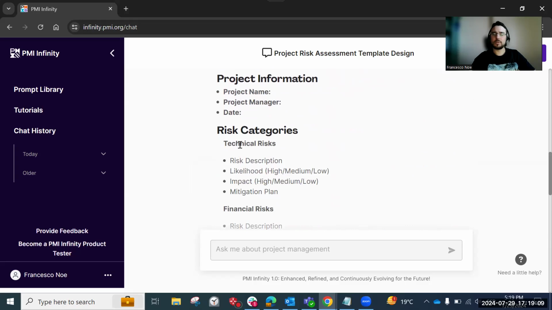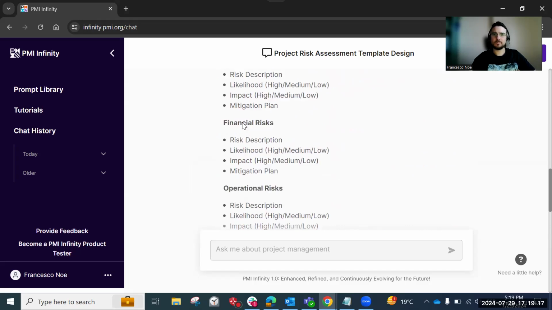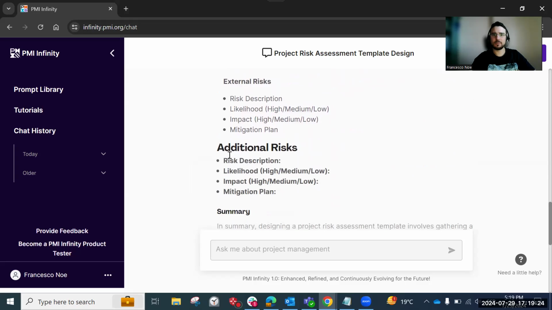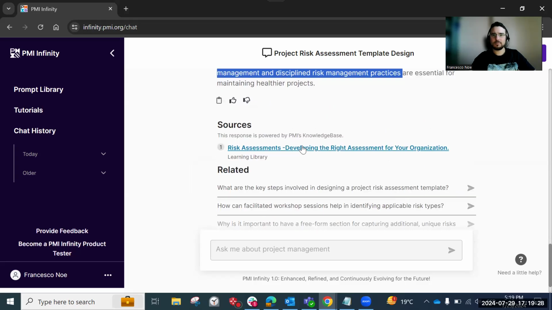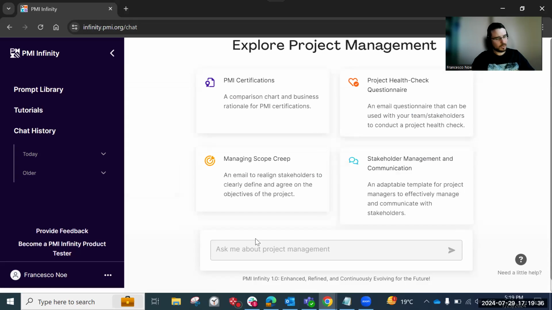It's like a template that you can copy and paste in a Word document, for example, or in an Excel spreadsheet. Risk categories, likelihood, impact, mitigation, financial risk, operational risk, external risk, additional risk, summary. From the learning PMI library. Quite nice. Let me see the last